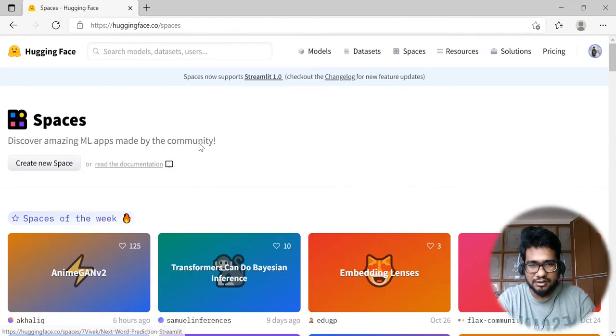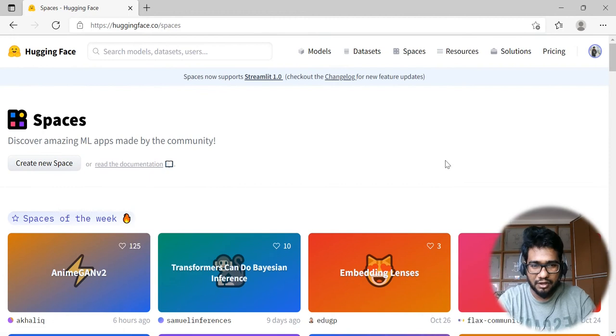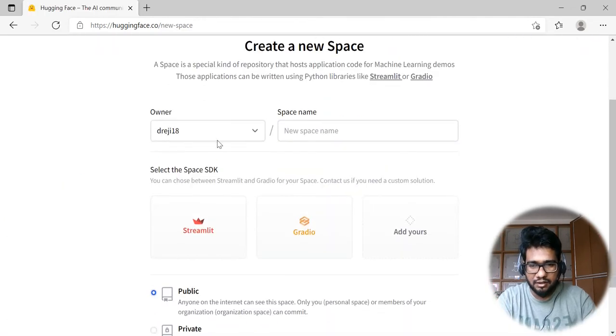So this is the Spaces page, and for creating a space to host your application, you just have to follow some simple steps. First, you need to click on create new space. By default we have the owner account and space name.